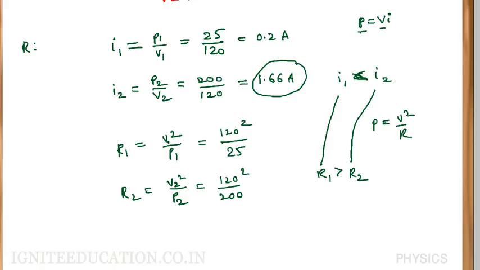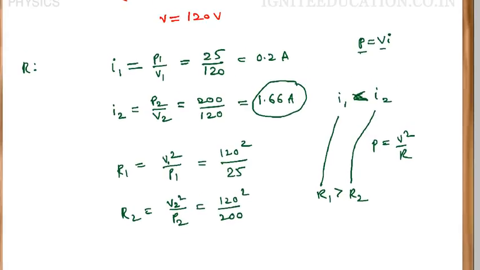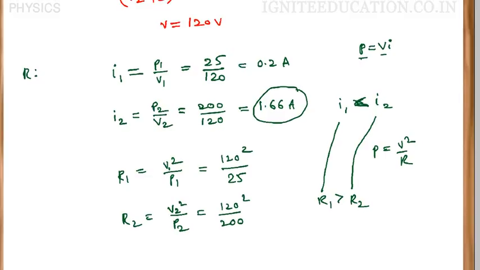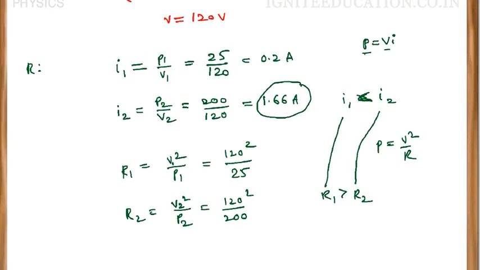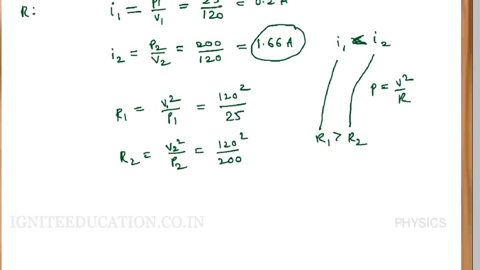At that moment there is a chance of getting more current through R1. So R1 may be the bulb which blows out the moment you switch on the circuit, because